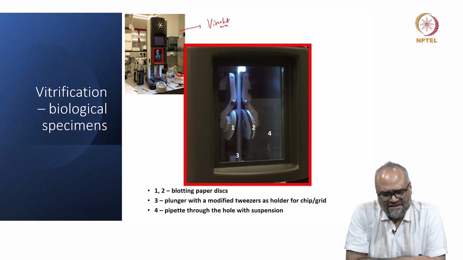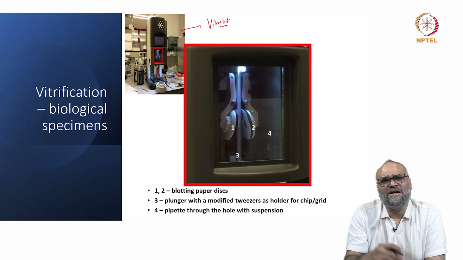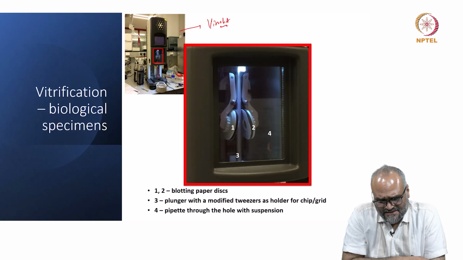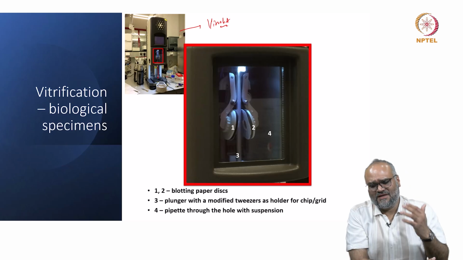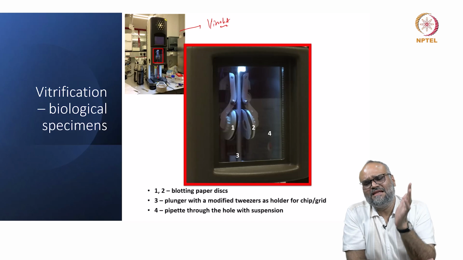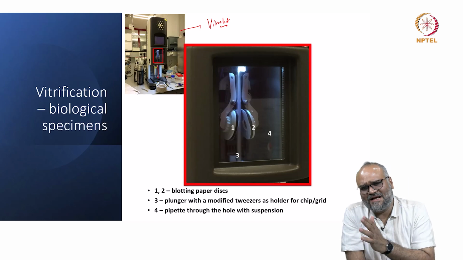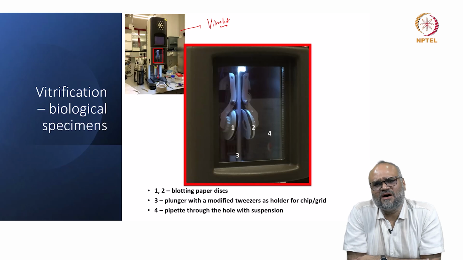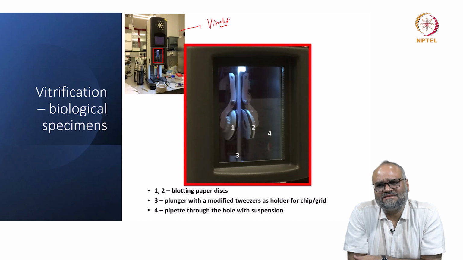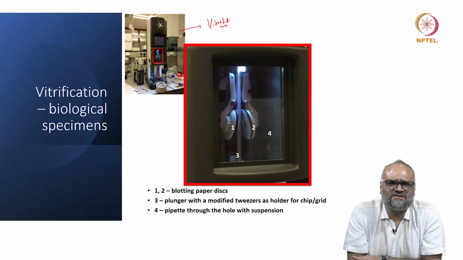There is liquid ethane being circulated around to maintain the liquid nitrogen temperature constantly, and this has to be done really fast, because if I do not cool the liquid really fast, if I do not quench the suspension, I do not get amorphous ice, because typically you have aqueous suspensions and you might have crystalline ice. If ice is cooled slowly, it can crystallize as hexagonal ice, and this interferes or gives you a background while